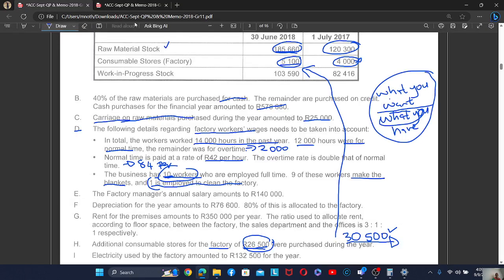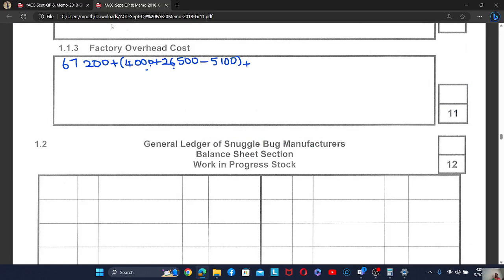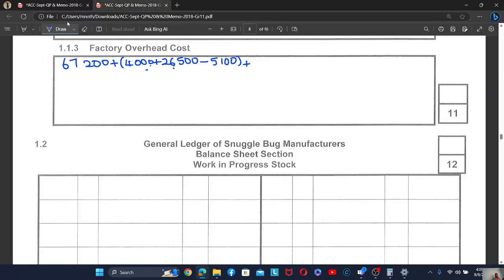Let's look for another factory overhead. Letter E. The factory manager's annual salary amounts to 140,000, right? Yes. So the factory manager's salary is an indirect labor cost, right? So it must be recorded under the factory overheads. So it's 140,000 plus